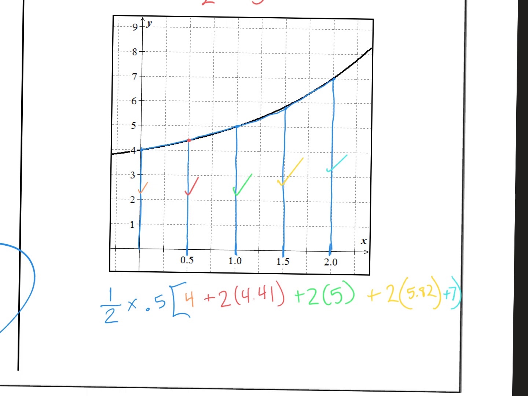Okay, so then when you do all of that lovely math, you get 10.37. So, were you guys all close to that? Sort of. Right. So again, if it gives you the function, you need to plug in to find the height of